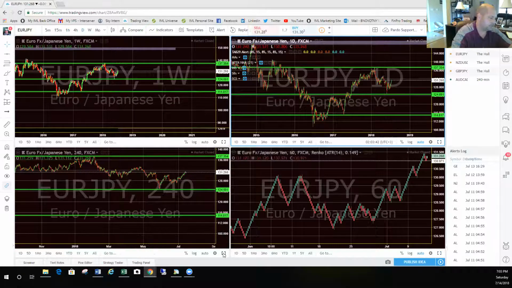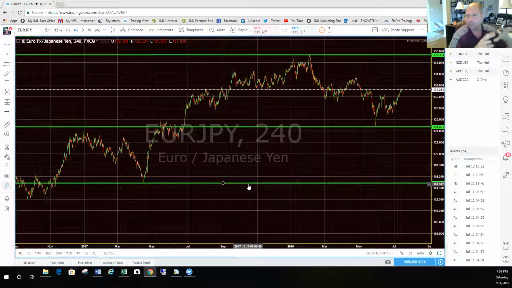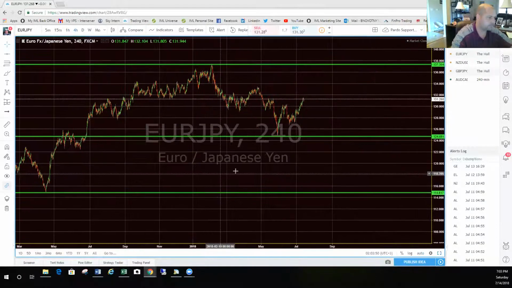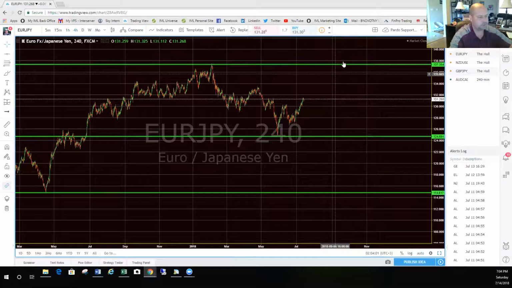Now you'll see it a little bit more spaced out when we look at the 4-hour chart, right? Because basically all we're doing is just blowing up the charts. So again, this definitely looks like it was in a downtrend, and it hit this area and did a big reversal, right? So it's headed up. So we're going to be waiting for it to hit this area up here at the top,